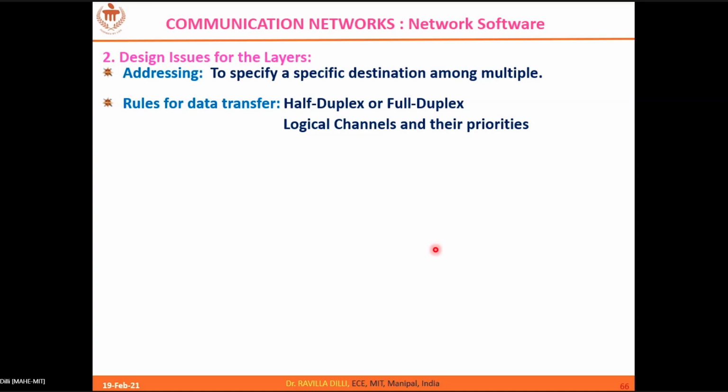Can you give some examples, if you know, for half duplex? Walkie-talkie, sir. Very good. Walkie-talkie is the best example for half duplex communication. When you are talking, you say over so that the other person will start. What about full duplex communication? Mobile calls.